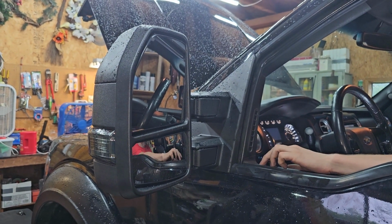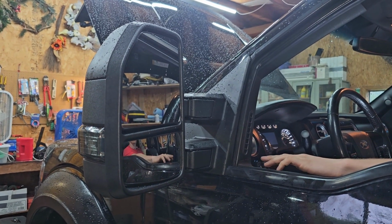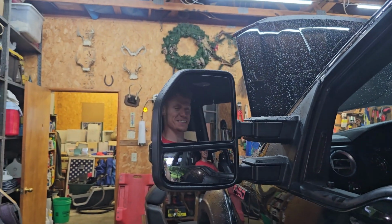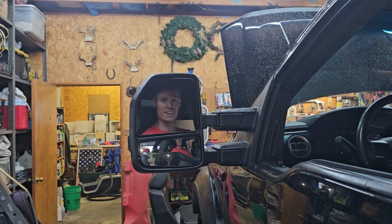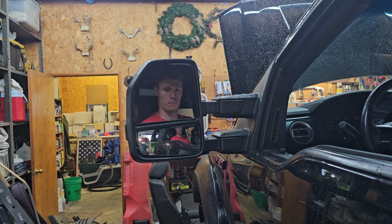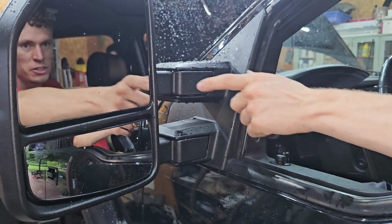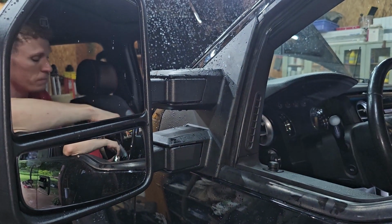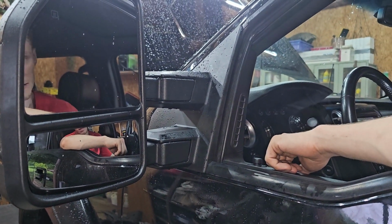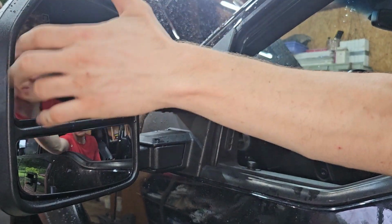That seems pretty good. I see a lot of the truck there, but that's okay. Oh yeah, that's cool. You get way more visibility looking at this other one. That's pretty sick. Especially down here, this piece being bigger, pretty helpful as well. I think I might tilt it down a little bit more. You still retain the factory mirror adjustments, but you don't retain the folding part, which is fine. I honestly didn't even know that this truck had this until I accidentally pressed it, but I really never use it anyways. So unless you are going through a drive-through or something, just fold it in, not a big